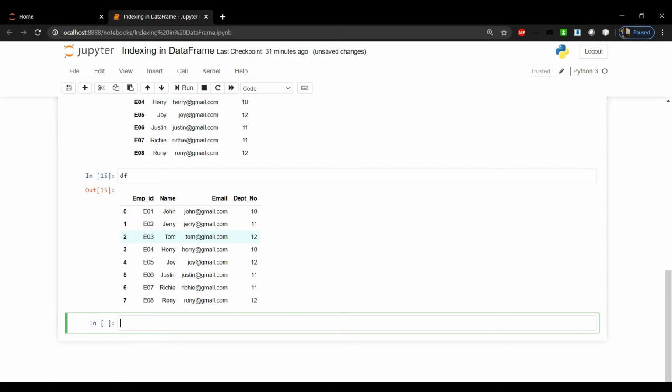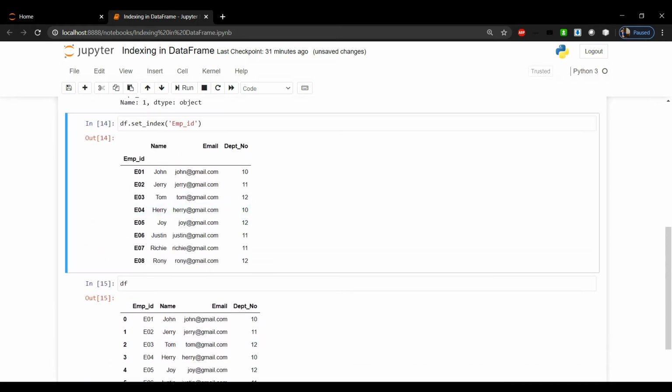In our data frame it doesn't make any change. This is just an overview of how our indexing looks if I create employee ID as an index. To make these changes permanent inside our data frame, we need to pass another argument, inplace equals True. This will make the changes in our data frame too.